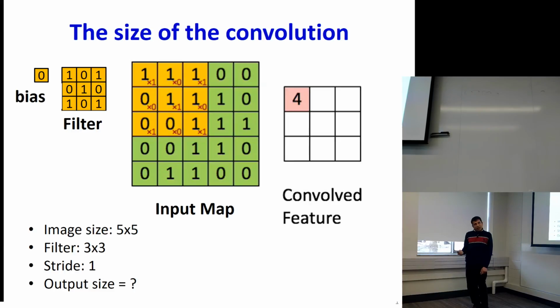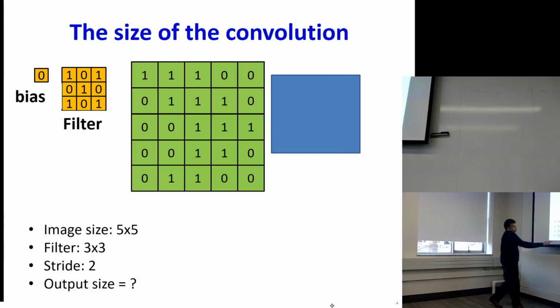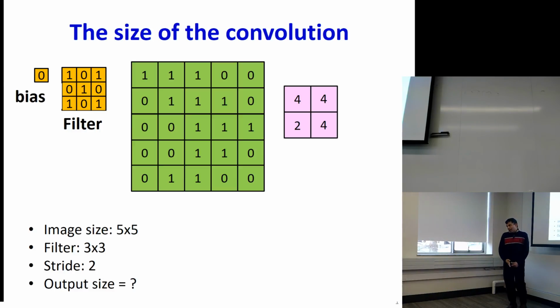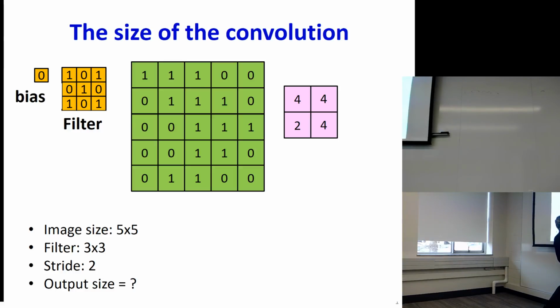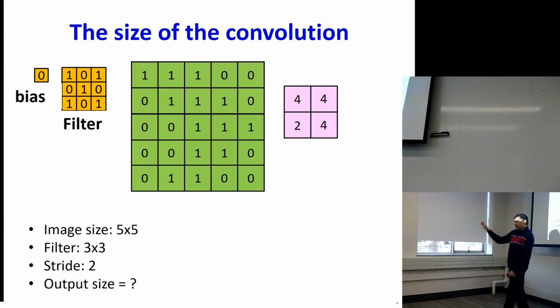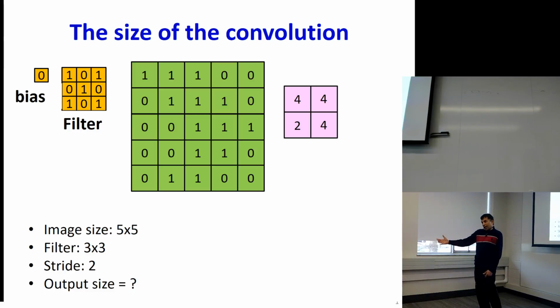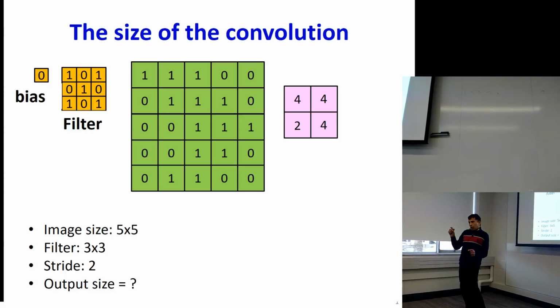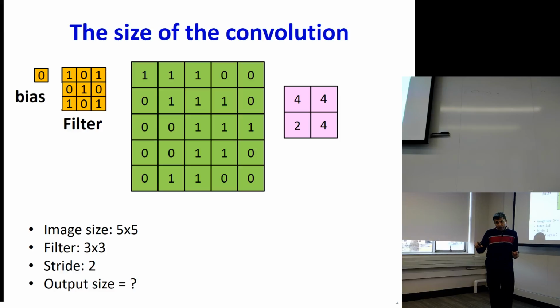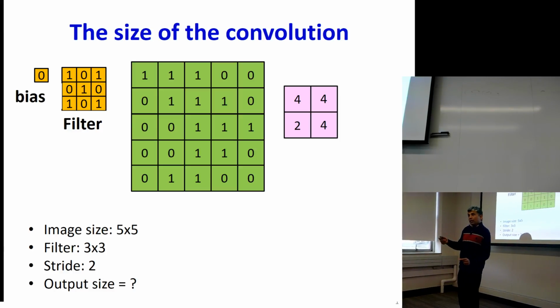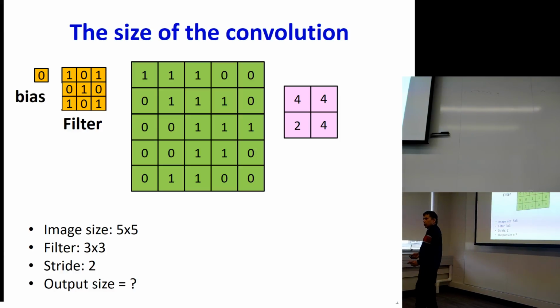cross 3, right? Now on the other hand, if I were scanning by a stride of 2, right? In this case, I'd have my first filter here, then I'm going to jump by 2 pixels, which is this location. Then I can stride no further, because if I go further, I'm going to fall off the edge. And now the result is going to be a 2 cross 2 image. So the point of this is that although I start with a large image, every time I scan the image, because I don't want things to fall off the edge, the result is actually going to be smaller than what